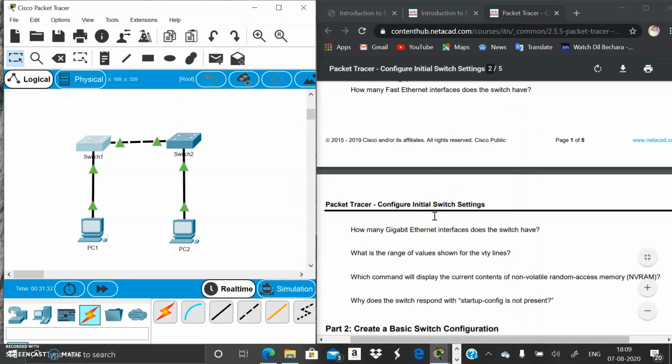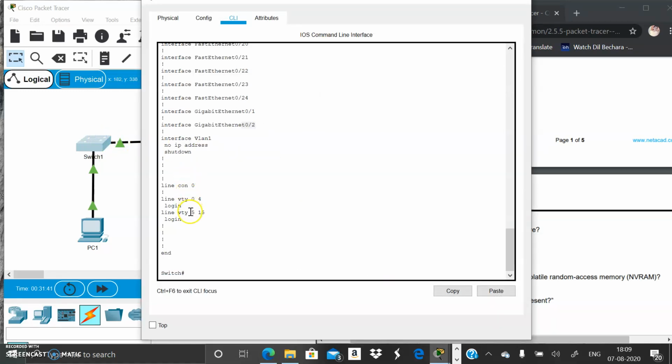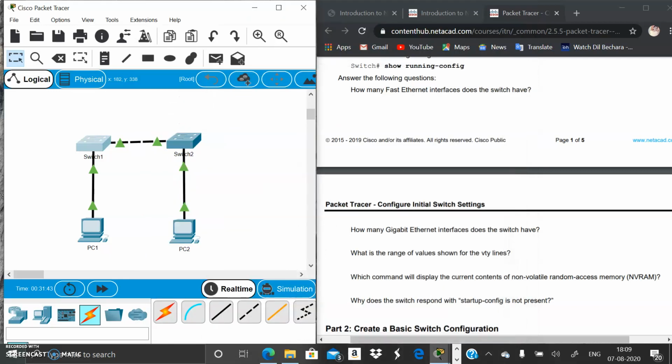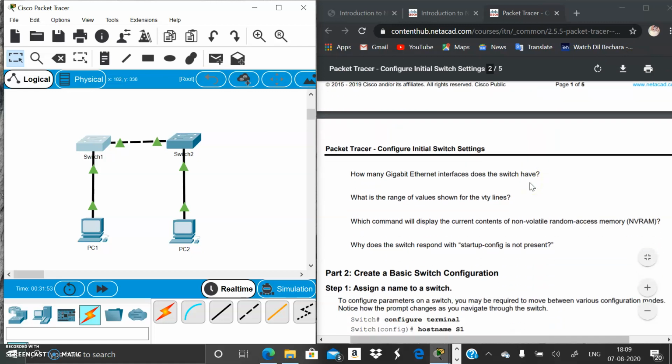And what is the range of values shown for the VTY lines? Generally they are 0 to 15. Here also the same value will be shown, I think. Okay, 0 to 15 only, but they are separated as line vty 0 to 4 and line vty 5 to 15.